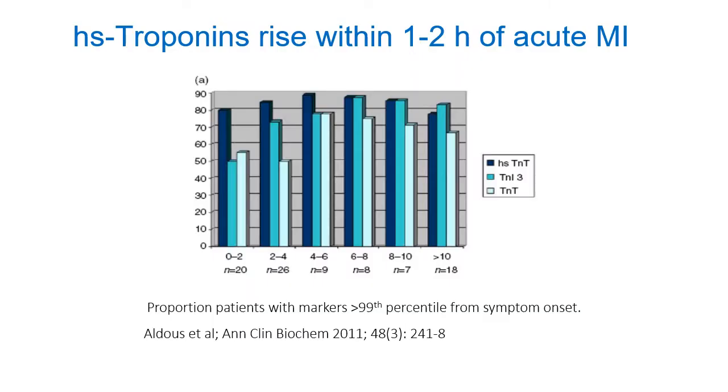So you will recall I said earlier that in the setting of acute MI, high sensitivity troponins typically rise within 1 to 2 hours. So this is an important observation in the sense that somebody presenting with acute symptoms, if we are not seeing troponin elevation in this early time frame, then this is potentially a very good rule out test, which has been supported by a number of studies.